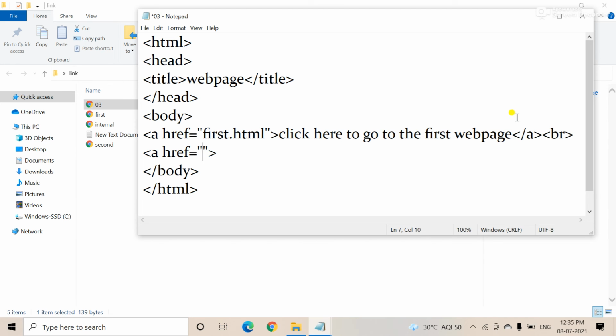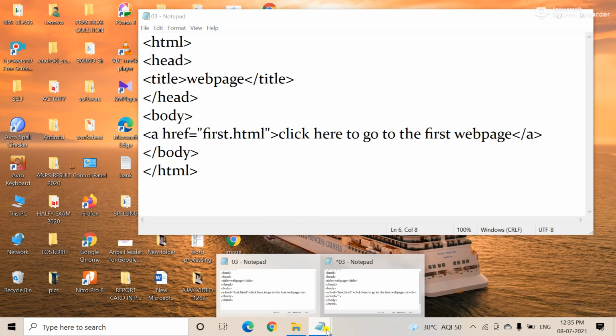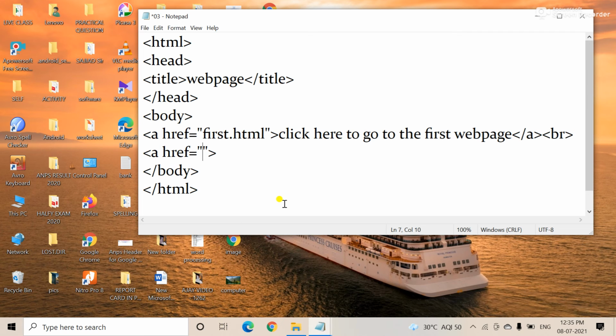Here is a picture, I am showing you. See the pictures in the computer, these pictures I want to link.